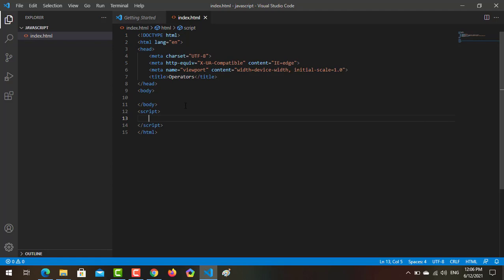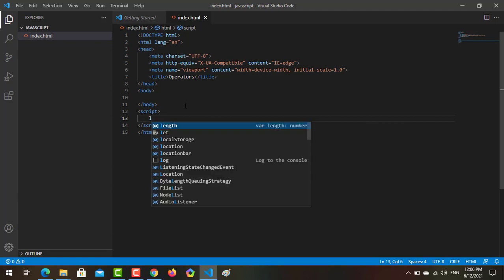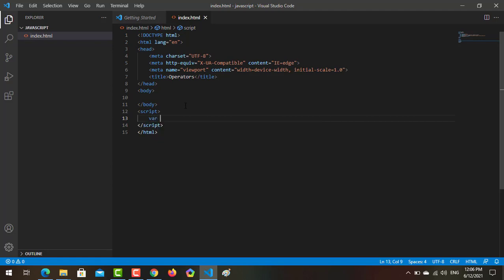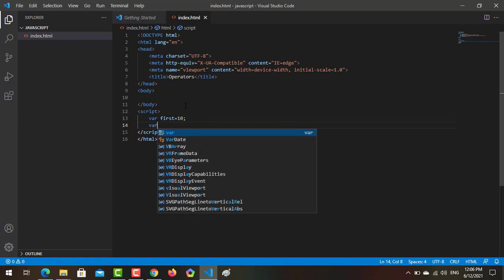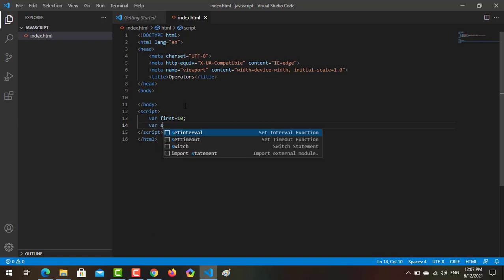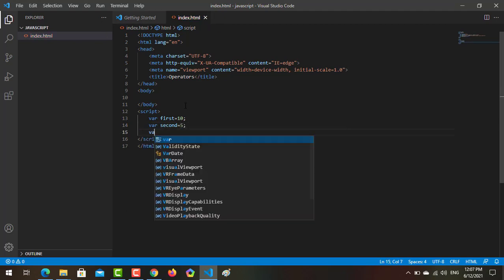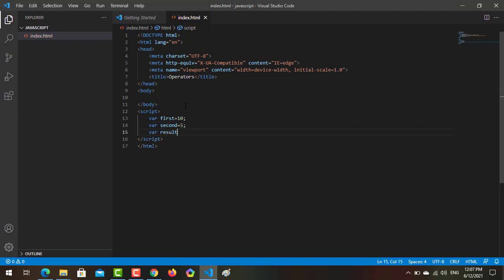So in the script section I will declare a variable named first and assign it 10, and the same with second, which is equal to 5, and a variable named result that will be 0.